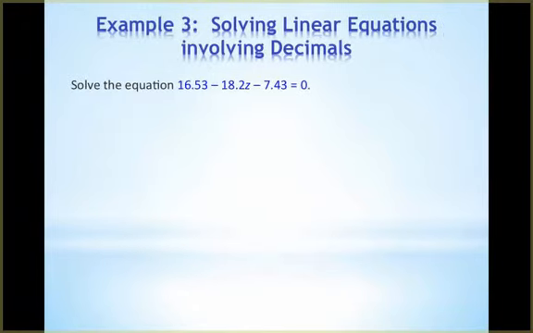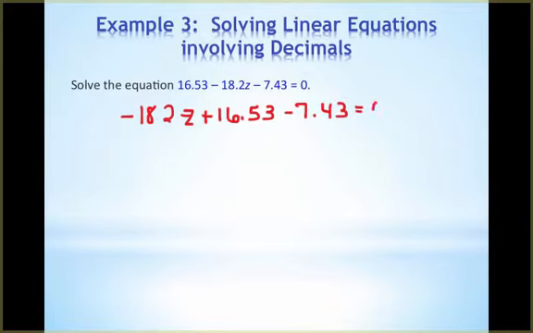In example 3, I'm going to again rearrange this so I can get my variable first. You don't have to do this, but some students find that it's a little easier to solve the problems if they do that first. So remember, we want to try to combine like terms. So I'm going to go ahead and take these two constants and combine them. So if I do 16.53 and subtract 7.43, I'm going to get 9.1. So I'm going to bring down my negative